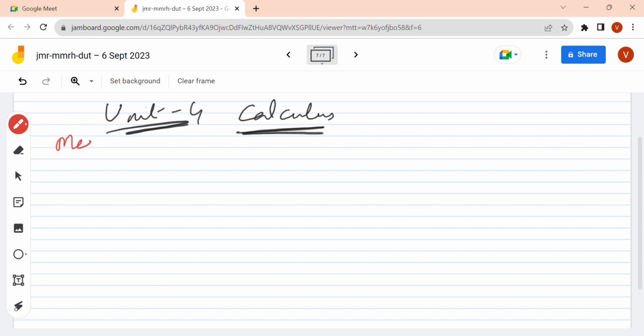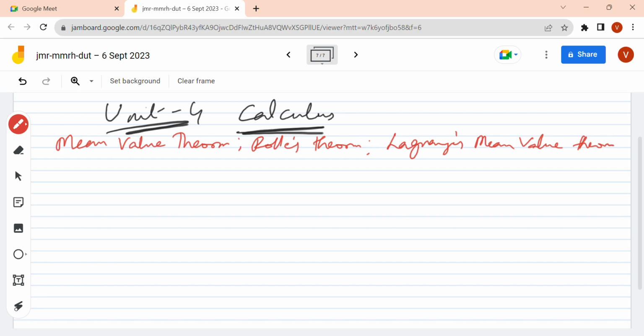So in calculus you have mean value theorem, then you have Rolle's theorem, then you have Lagrange's mean value theorem with their geometrical interpretation, and applications. Cauchy's mean value theorem,